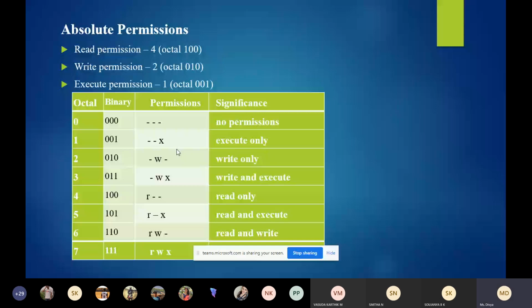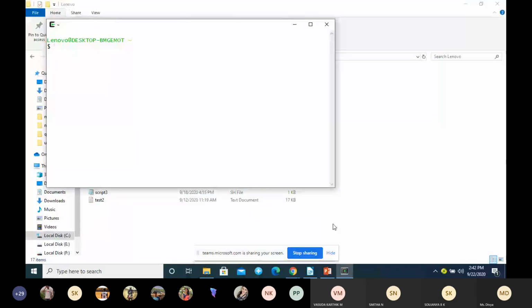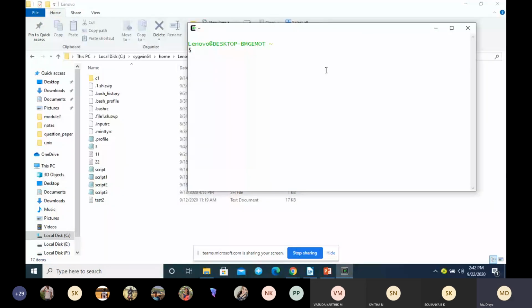So let's start with a few examples. Absolute permission. In absolute permission we are setting the final permission without knowing the current permission. We don't want anything about the current permission.